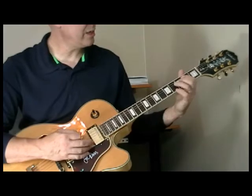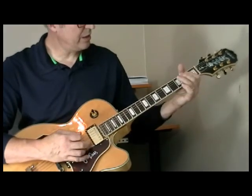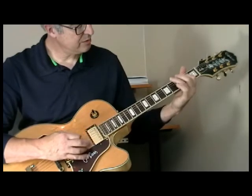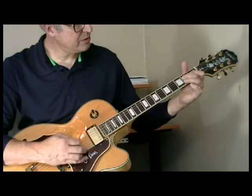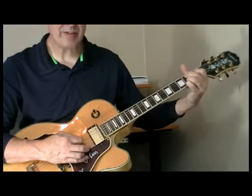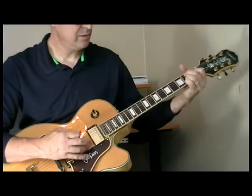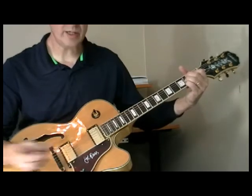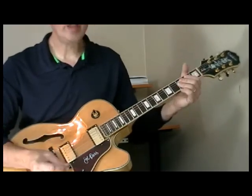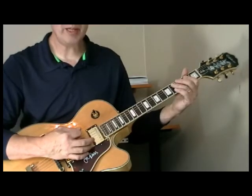Keep that going, or I can do a little turnaround where I do this, to the 2nd fret of the 4th string, open, and then into my B7 chord, like this. If you're the only guitar playing that, then you can throw a chord in there to fill it up a little bit. Now sometimes if you listen to it carefully, it sounds like that first part he's playing